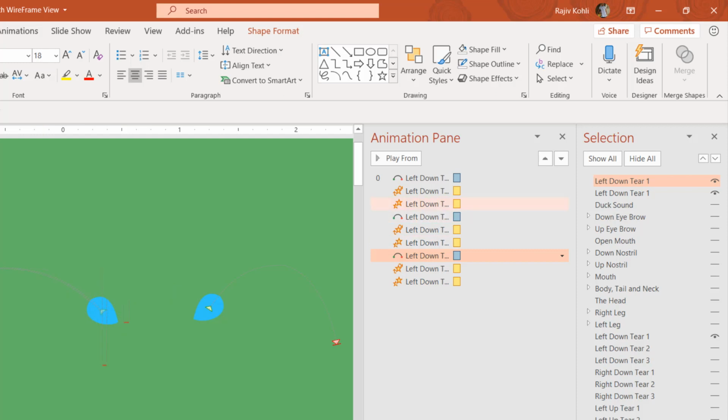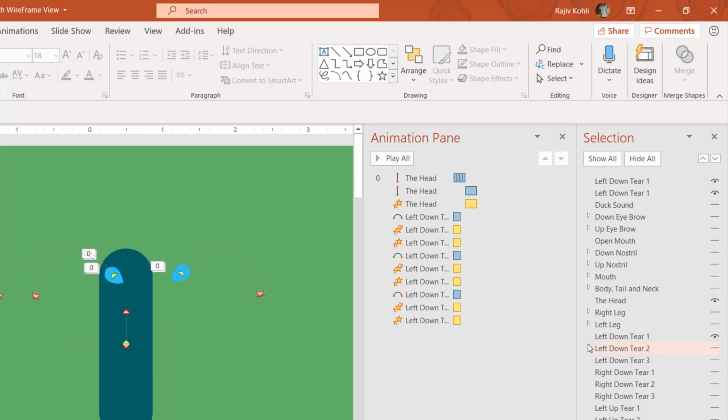And you can also notice one thing, that if I turn on the head, later I am hiding these tiers behind the head. As you can see in the selection pane also, the head layer is on top of the rest of the tier layers, and you are seeing this tier on top of this layer because I have just replicated it. So following the same steps, you can create as many tiers as you want, and when you apply animation first and then copy and paste an object, the animations also get copied and pasted along with the objects, and that is the benefit in PowerPoint.